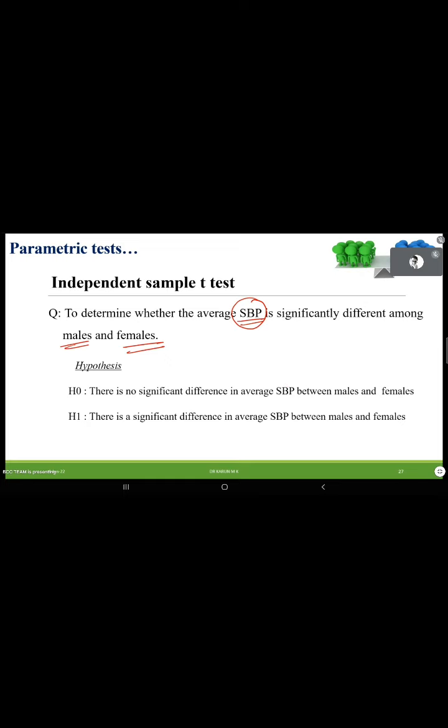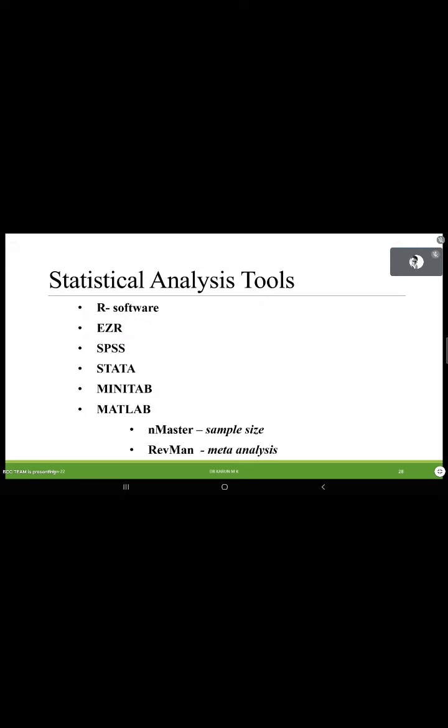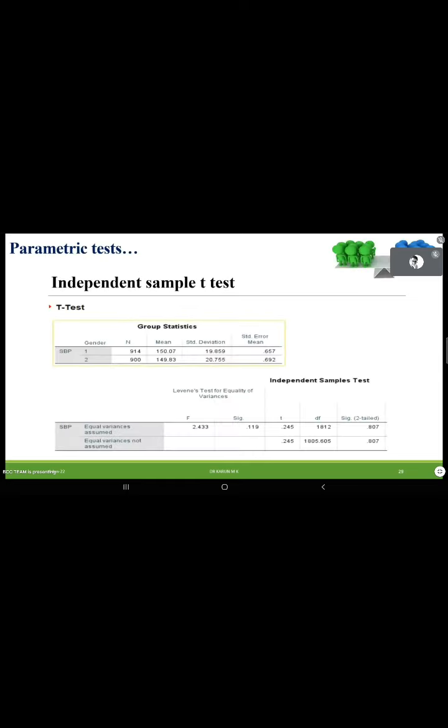In this particular situation, in the data set we have, I checked the normality and observed that SPP is following normal distribution among males and females. So I proceeded with the independent sample t-test. I will project the output now. And see here, these are the different statistical packages, and we are using only this, the SPSS software. So this is the SPSS output for the research problem.